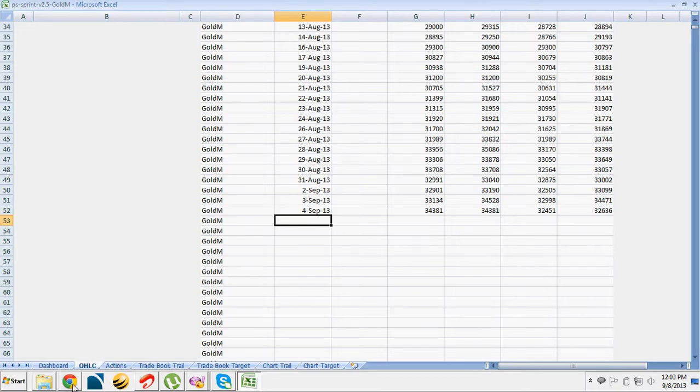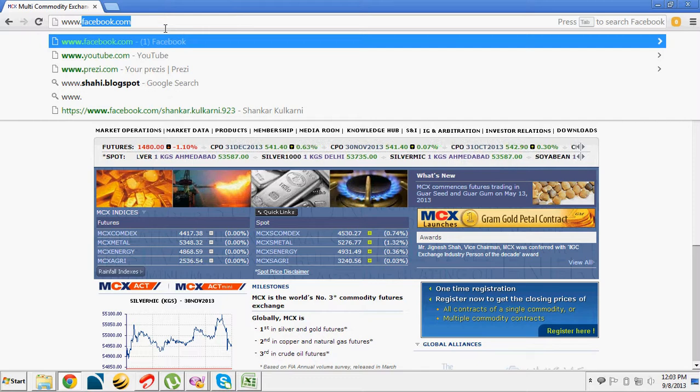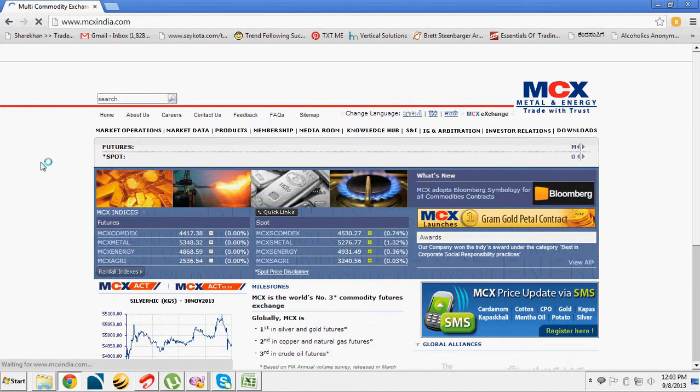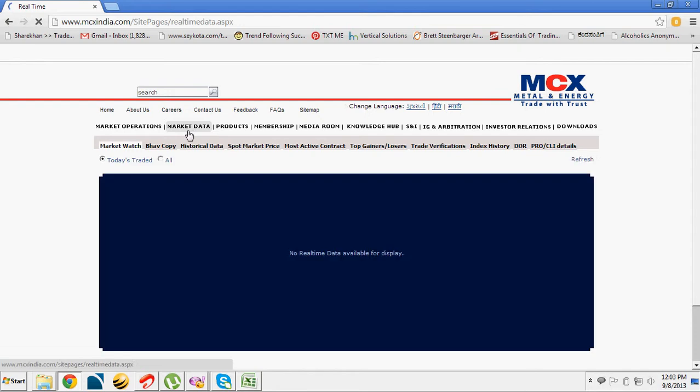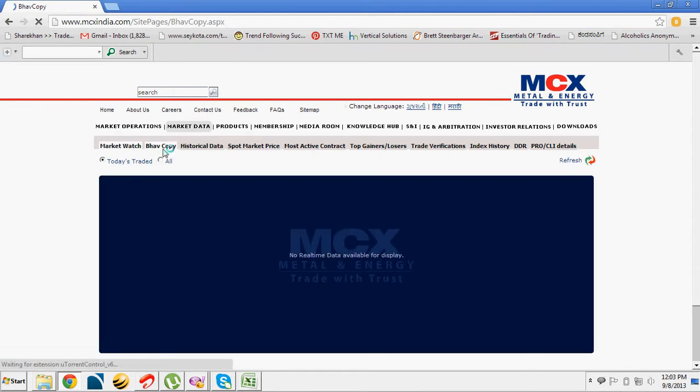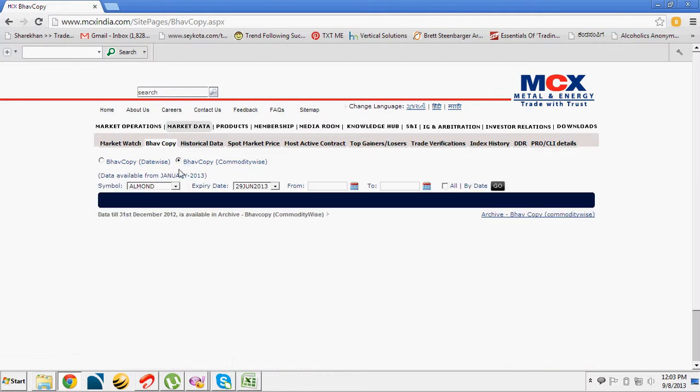Now let me go to mcxindia.com. Then go to market data. Click on Bhav Copy. Click on Bhav Copy commodity wise and click on Gold Mini.